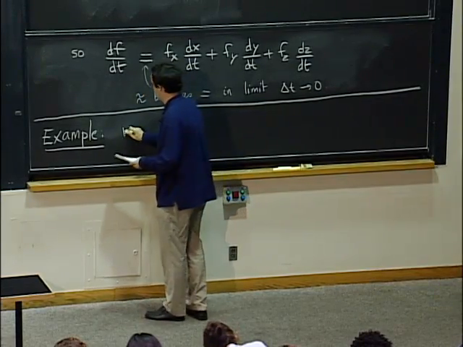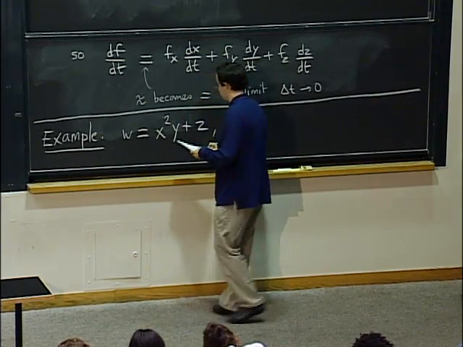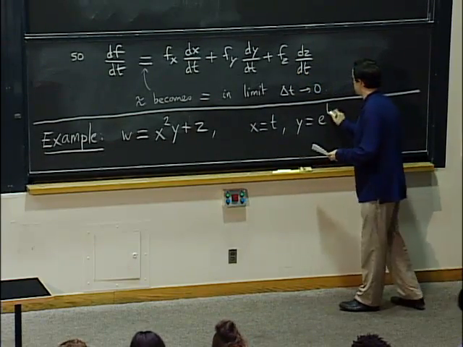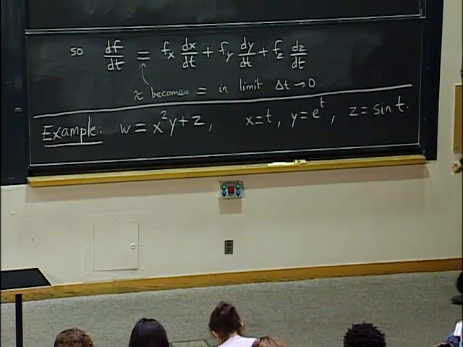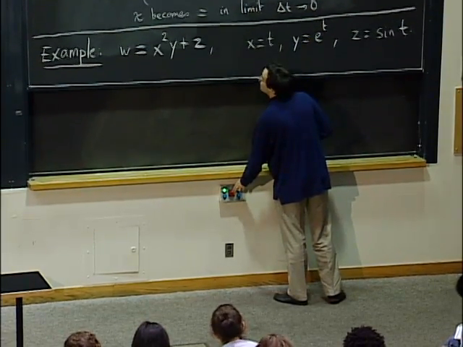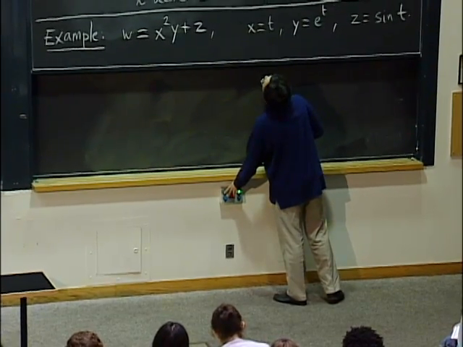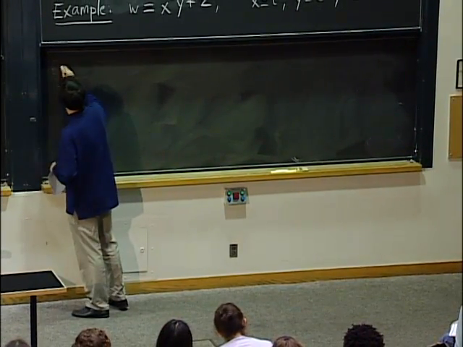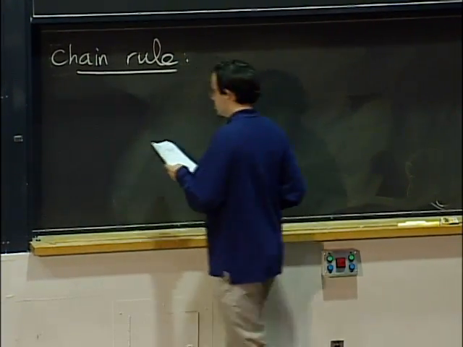So let's say I give you a function that's x squared y plus z. And let's say that maybe x will be t, y will be e to the t, and z will be sine t. So what does the chain rule say? Well, the chain rule tells us that